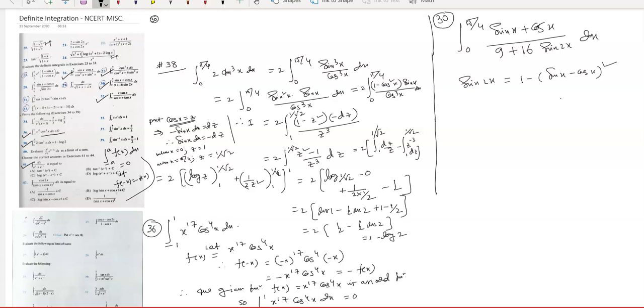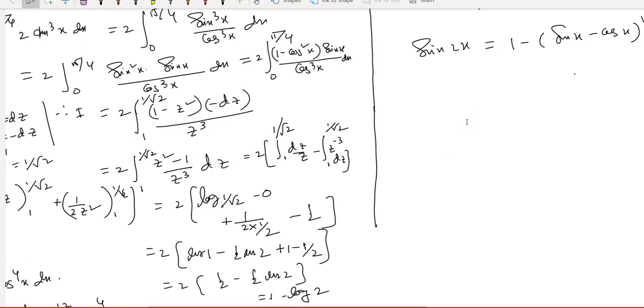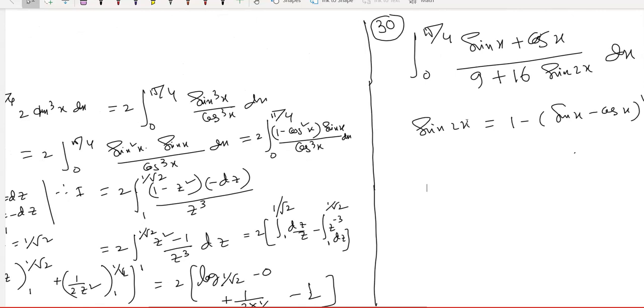This you always can write in this form, because sin square x plus cos square x is 1, minus 2 sin x cos x, minus sign is there, so it will be sin 2x. So one can write sin 2x in this form, so that it will be changed to 0 to pi by 4,